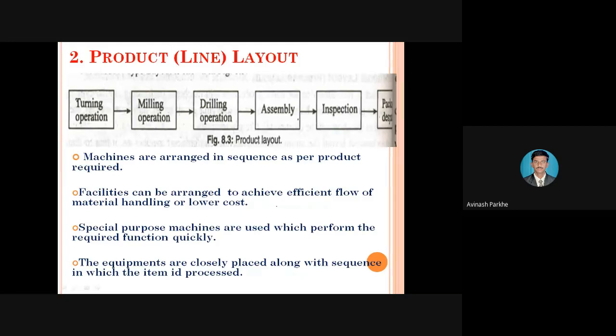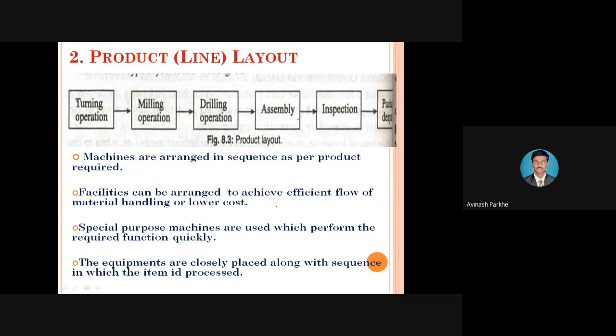So if I use this particular product layout or the line layout in the industries, an efficient flow will take place, because there should not be any backtracking. Whatever machines I have set at any location, I have set as per the requirement of the product only. Once all the operations are performed on the lathe machine, the product will be moved in the forward direction only. Again, from the third machine or the fourth machine, that product will not come back to lathe machine number 1,